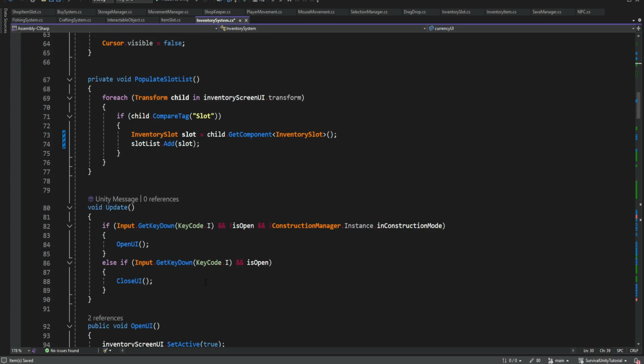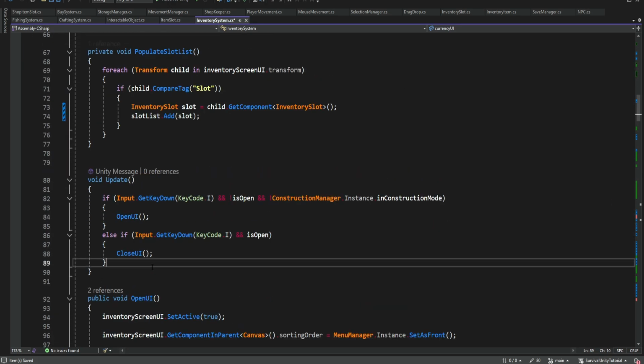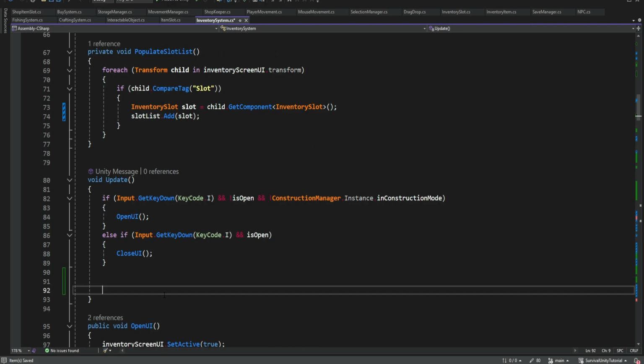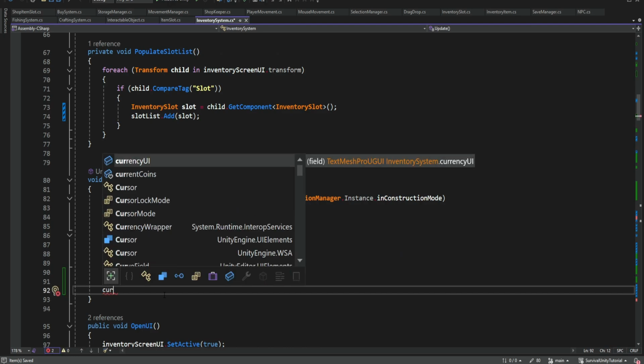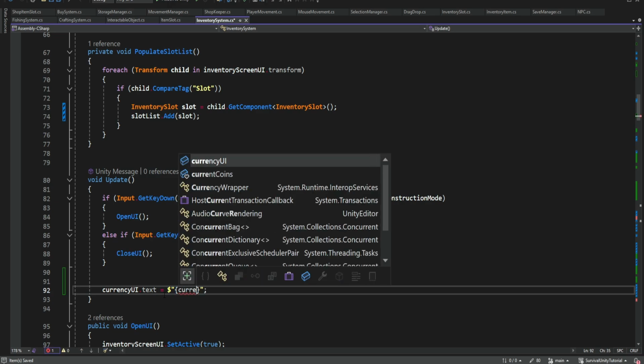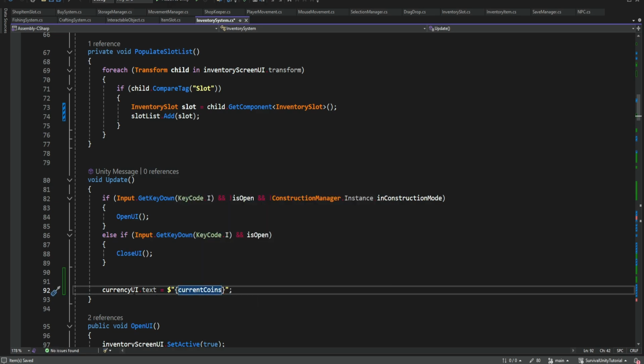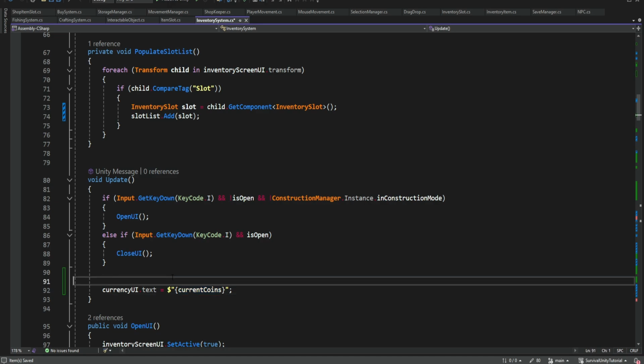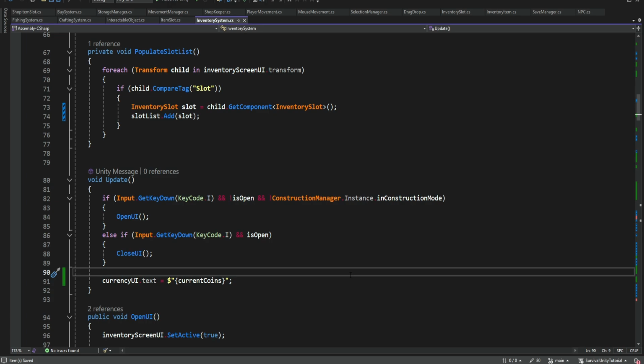Okay, and inside the update method, we're simply going to set the currency UI text to be equals our current coins. Okay, so this currency UI will always display the current coins, so we can actually know the amount of coins we have,